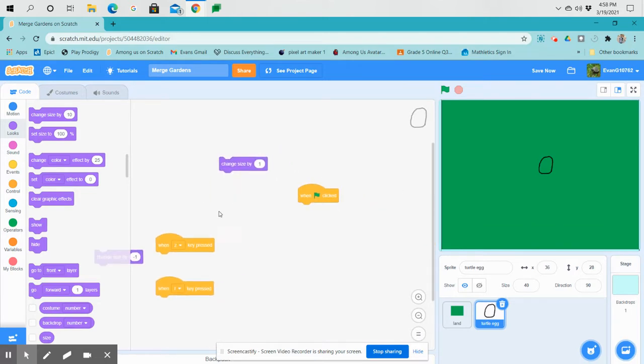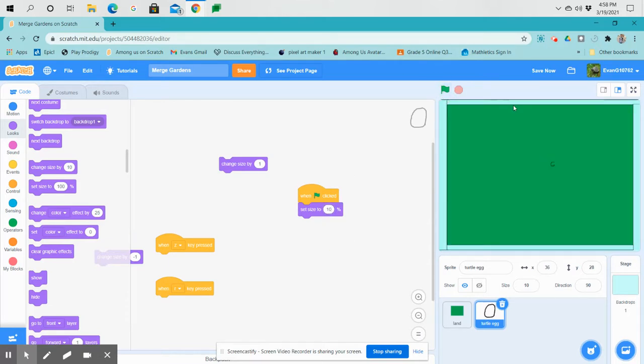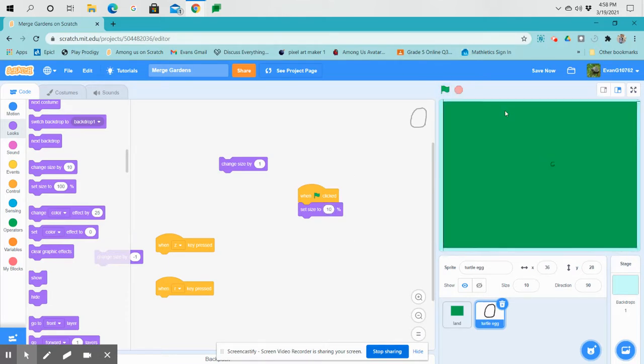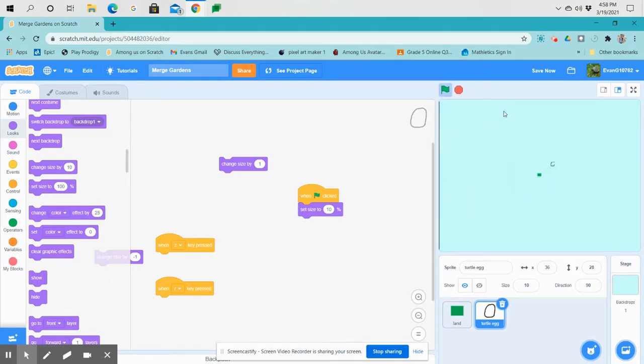Set size to 10%. Flags. Okay, so let's zoom in, reverse. And of course there will be problems when you zoom out that far. Zoom,